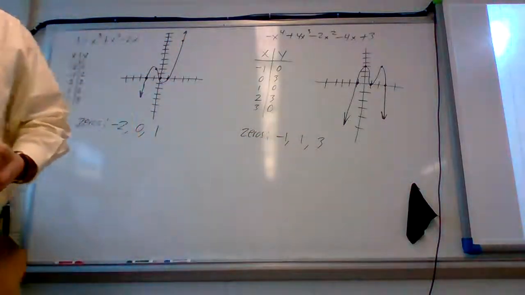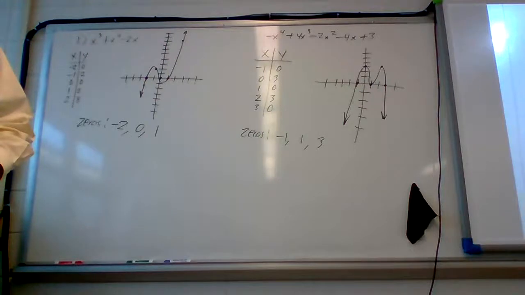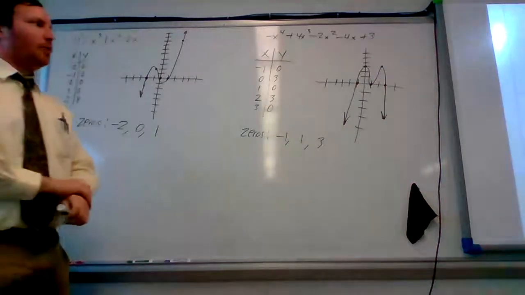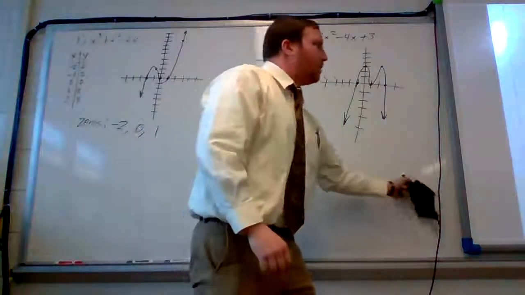Another way that we can identify the zeros is by factoring. We've been factoring before. The linear factors of a polynomial reveal its zeros. Linear factors can be found by writing the polynomial in factored form. So if we want to look at number 3,